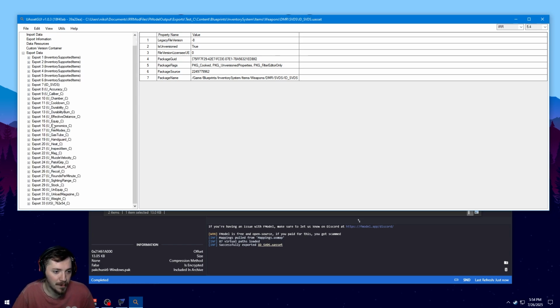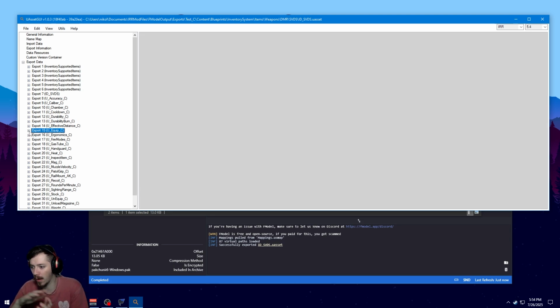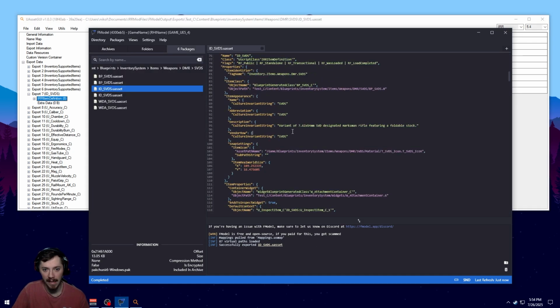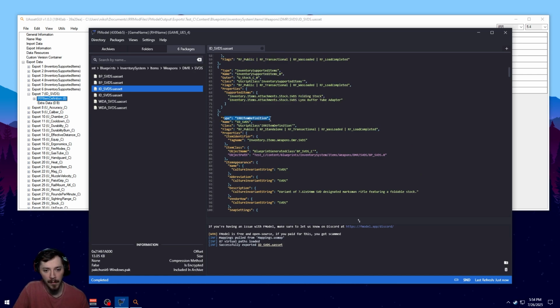So in here, cool. We have a bunch of information, and obviously, if you see here, you're just getting raw data now because those things aren't exported out of the game. If you really wanted to, you can go down that list and right-click export on all those Unreal assets. You don't have to, but you could do that. But what we're trying to find is where this item appears, and you can kind of follow this a little bit. Think of it like indentations. Its parent is Incursion Red River item definition, then there's a sub-thing of properties, and under that, item appearance. So if we go over here,